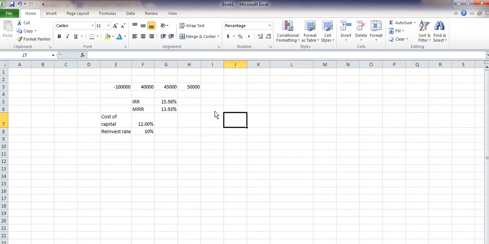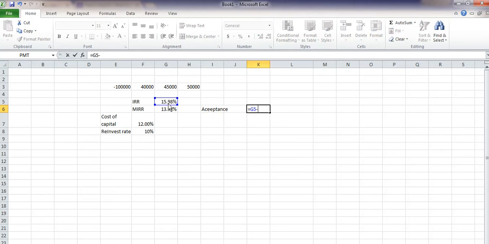Now our decision is that if IRR is above the cost of capital, meaning our project is giving us 15.98% and the cost of capital is 12%, then our project should be accepted. So, if we are making acceptance decisions merely on IRR minus cost of capital,